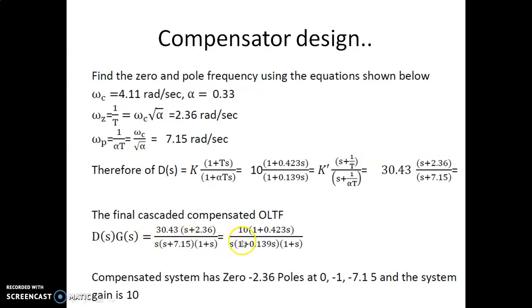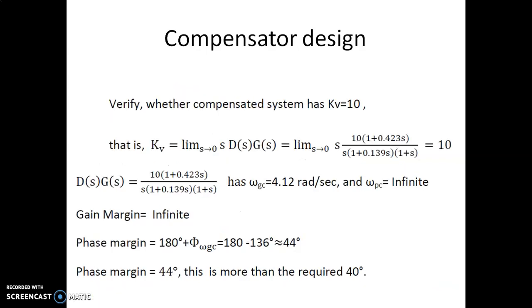So whatever 30.43 we have is the root locus gain, whereas this is there in time constant form. Whatever constant term you have in the time constant form is called the system gain. In this particular case, 30.46 is the root locus gain, because the transfer function is in the form of poles and zeros. So by editing these poles and zeros and the constant gain,